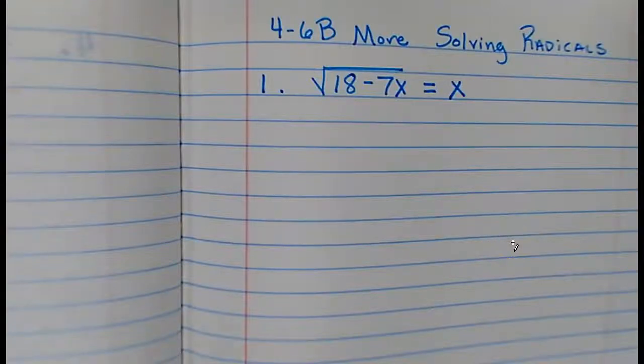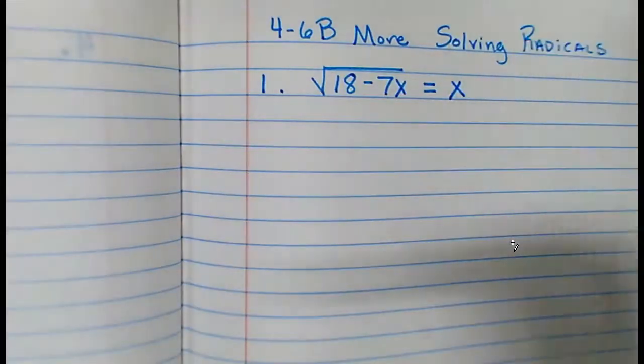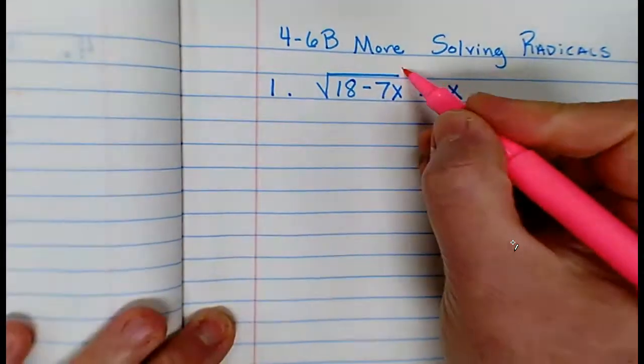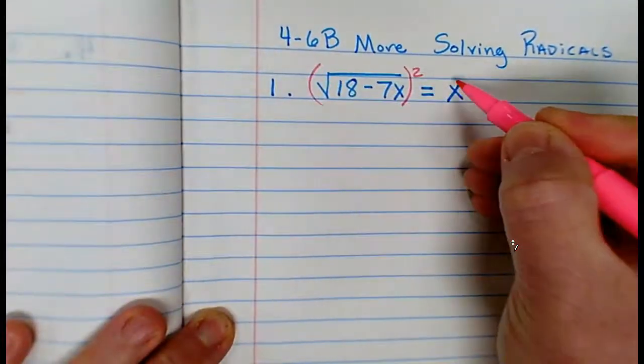Okay, we are going to solve some more radical equations. These could also be called square root equations. When I have one square root sign, I need to isolate the square root where it's on one side of the equal side by itself, and so it's all by itself on the left-hand side of the equal sign, and then I'm going to